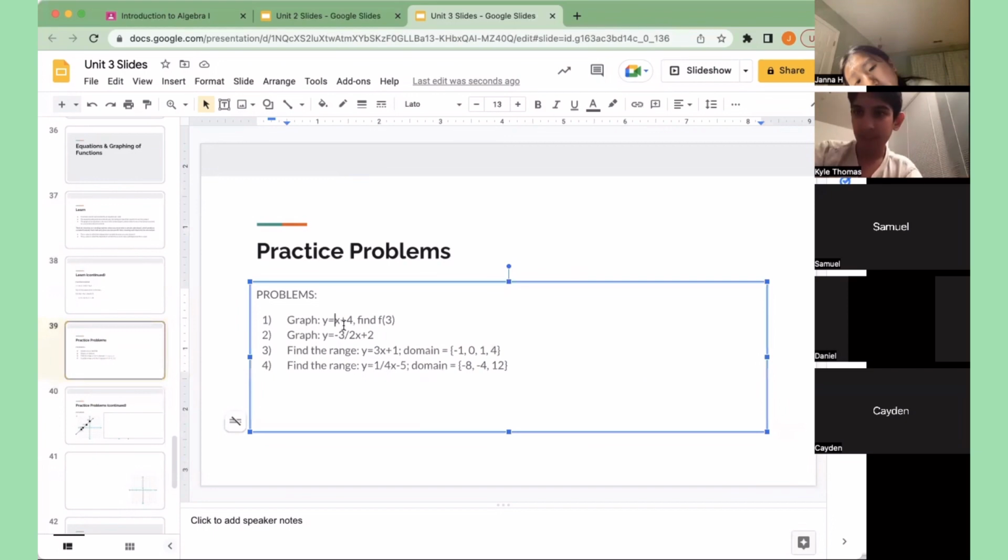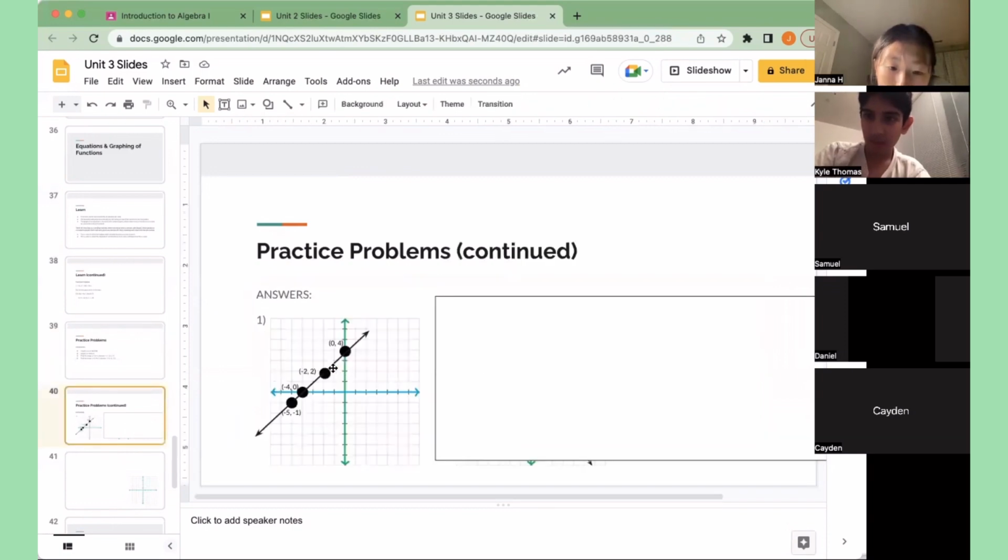Whatever number is the coefficient of x here is going to be your slope. So slope is basically just y over x, or rise over run. So in this case the coefficient is 1, so y over x would be 1 over 1. So in order to find